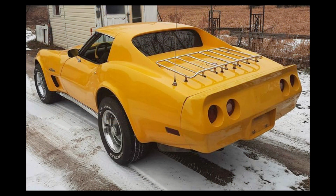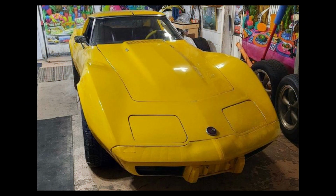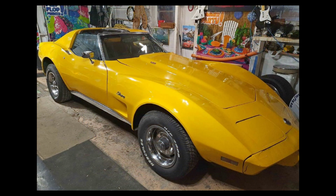And we've reached number 10, 1976 Chevrolet Corvette, listed for $8,600 Canadian in Montague, Ontario. It's been driven 39,650 kilometers and has an automatic transmission. Based on the seller's description, 1976 Corvette L48 Stingray Coupe, 350 cubic inch Rochester 4-barrel V8, 225 horsepower, Edelbrock aluminum